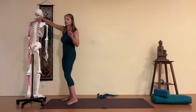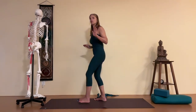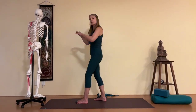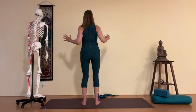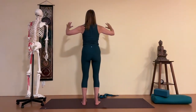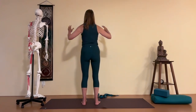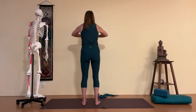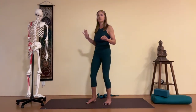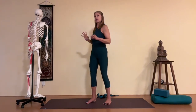So in order for us to look at the protraction, just take a little look at this. Imagine that you're sort of doing this pushing forward with the arm, and you'll feel how that creates more space between the shoulder blades, or a rounding creates more space. That's that protraction. But then the opposite, drawing the elbows towards each other, comes into the retraction. So protraction, moving away, maybe elbows to the side, and retraction, drawing in. Or another way to think of it is pushing forward, moving the shoulder blade away, and drawing back, bringing the